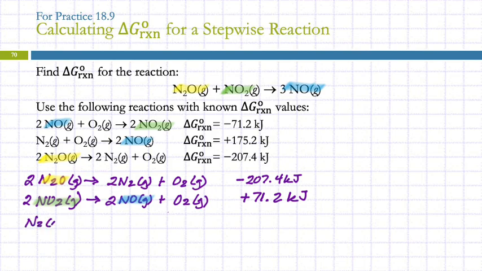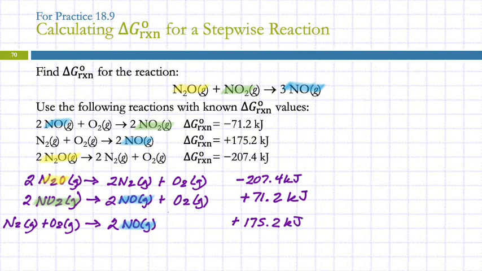So N2 gas plus O2 gas, it's helpful to keep your arrows lined up, going to 2NO gas. Just remind ourselves of what's going on. And so what is delta G for that one? Yeah, it's 175.2 because we didn't change anything. Okay,